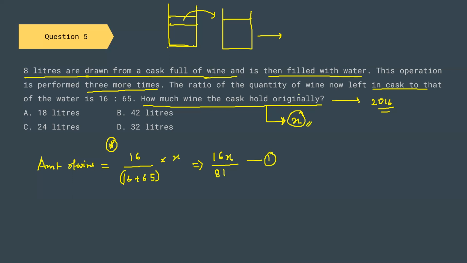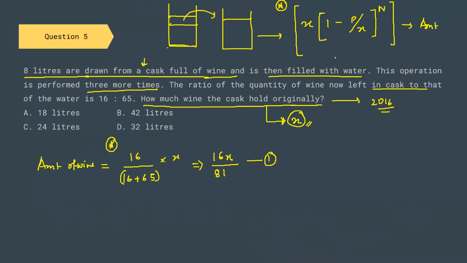Let it be. Now let us learn an important formula. Please write this formula down in your copy and keep it somewhere safe. You are also going to get the PDF of the classwork, so you can consult this formula later. Let us assume that this operation is happening and the initial quantity is X. Then (1 minus P by X) to the power N gives our final amount of the liquid left.